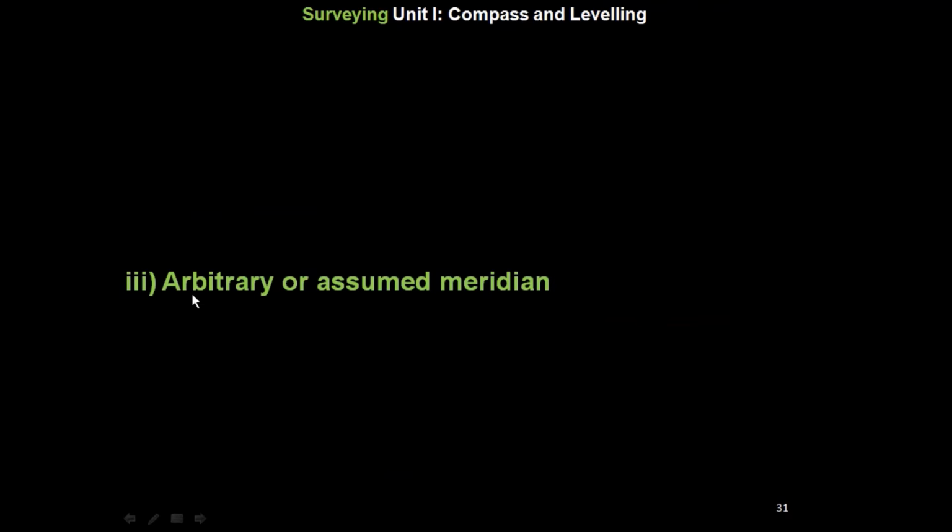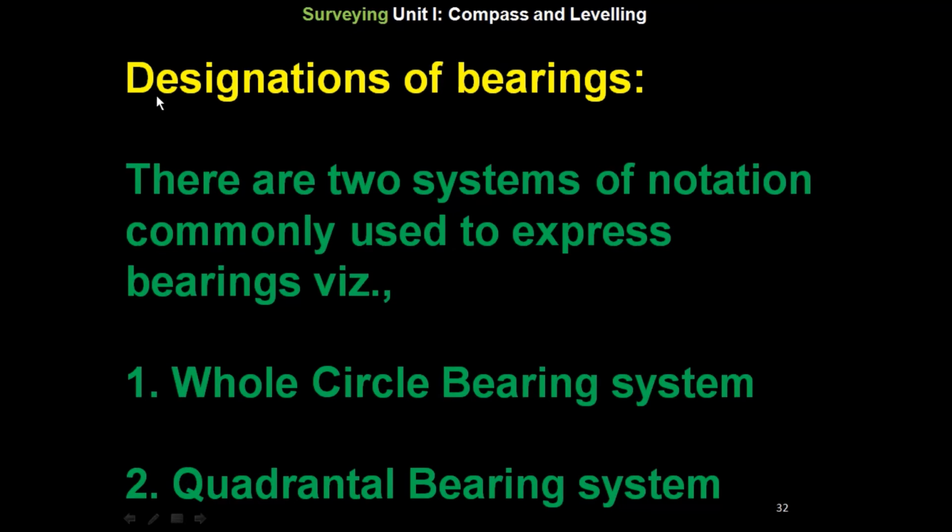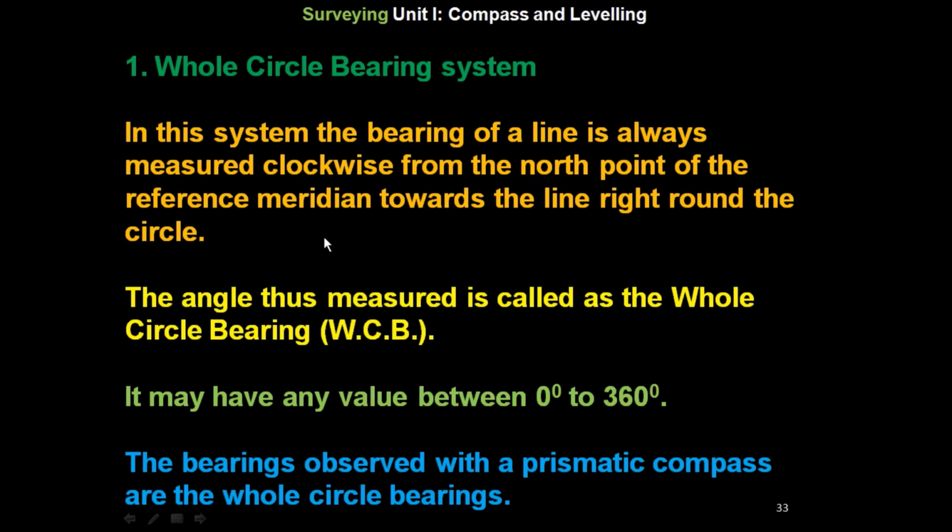So we have seen the arbitrary or assumed meridian. Now we will see the designations of bearings. There are two systems of notations commonly used to express the bearings, like whole circle bearing system and the quadrantal bearing system. Now first we will see the whole circle bearing system, in which system the bearing of a line